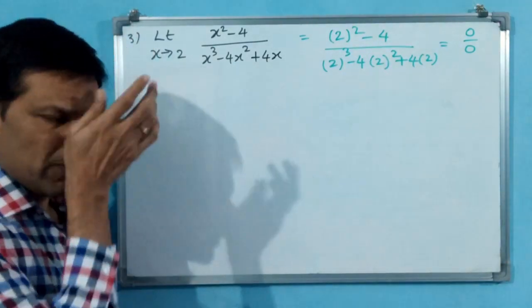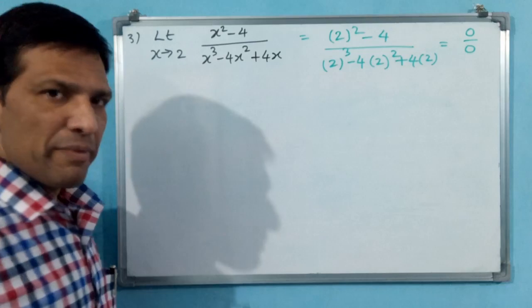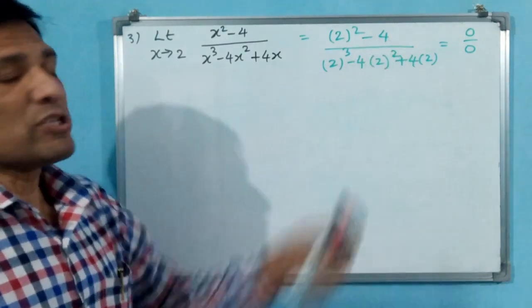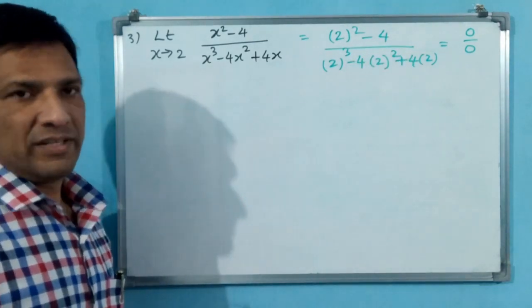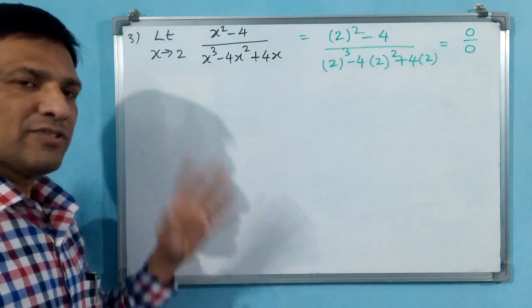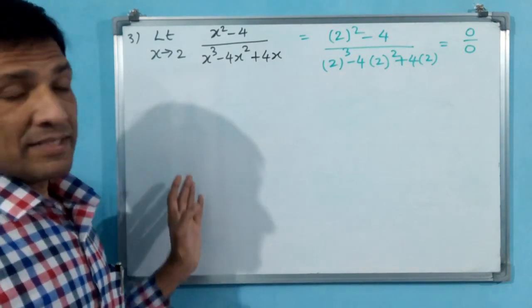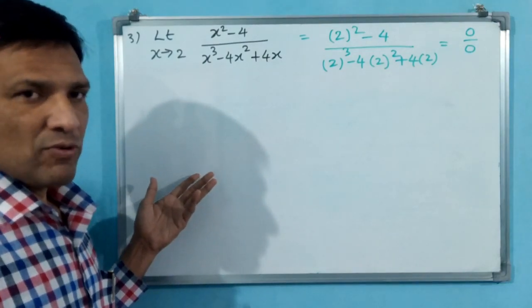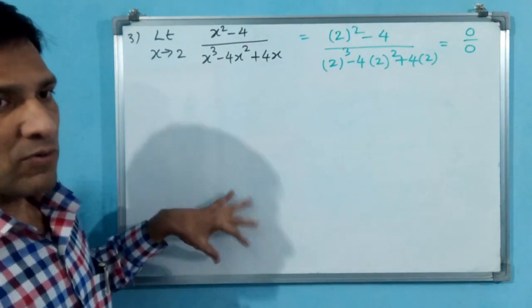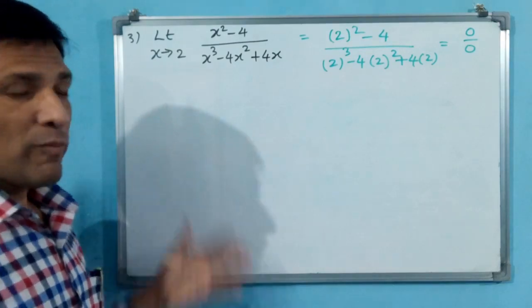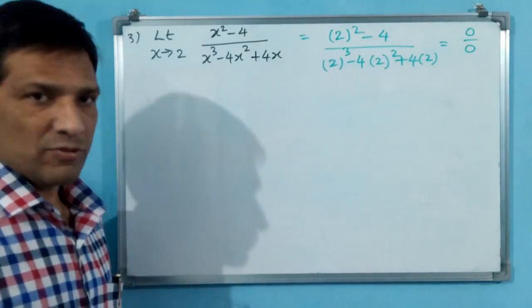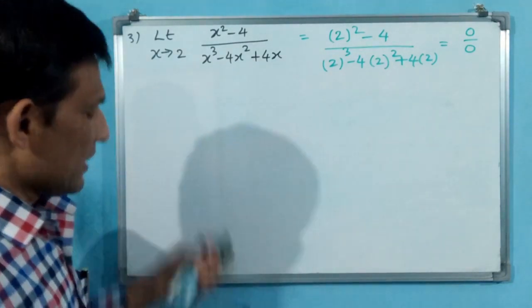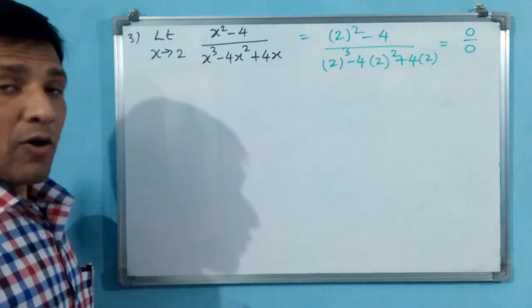This is the last question only, but some steps we will omit. When 0 by 0 comes, this is called case 3. In case 3 you have to make it either case 1 or case 2. Let us see here, making case 1 is not possible. Why? Because earlier we saw 0 by 4 had come. Now 4 by 0 will come. 4 by 0 means it is case 2. Let us see how to make it.